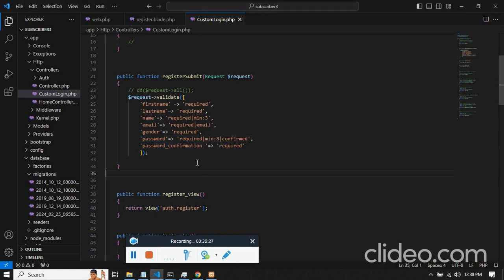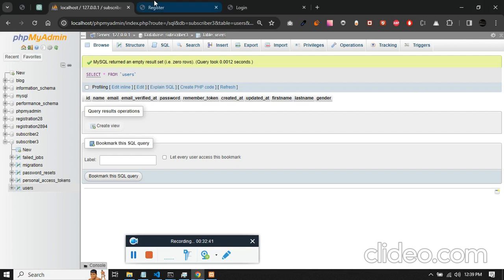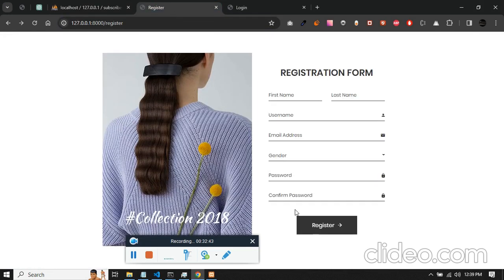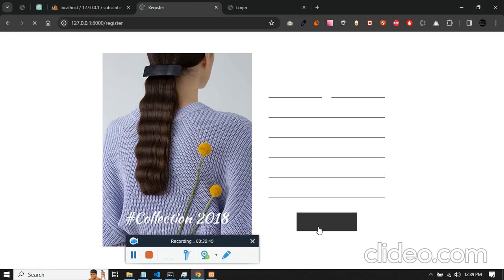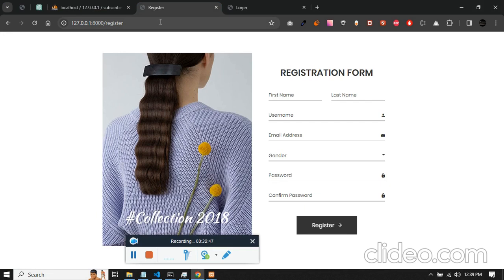In that case, it is specifying that the password is required. It should be minimum of 6, minimum of 8, but it should be confirmed. In this case, these two values should match. Cool, let's just check. So once you click on submit, your form will not get submitted. You can see page is getting refreshed, the form is not getting submitted, but the error is also not being